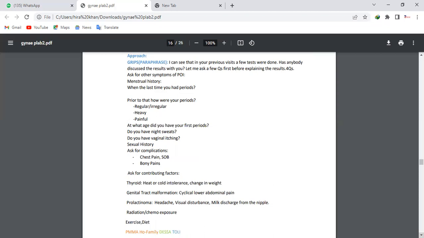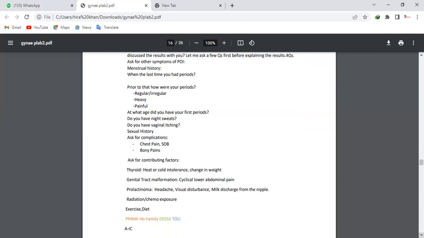Okay. And then ask about the sexual history. If she is sexually active, then ask, do you feel pain while having sex? But if she says that she is not sexually active, then you do not ask. For example, if before asking the sexual history you ask, do you feel pain during sex? She will get offended. She will say, I'm not sexually active, doctor, but you are saying that. So you have to be very vigilant about where you are supposed to ask which question. Okay. So first ask about the sexual history, then ask, do you feel pain on intercourse?